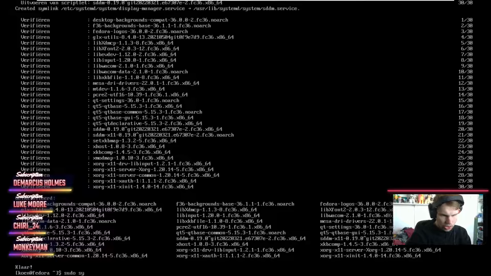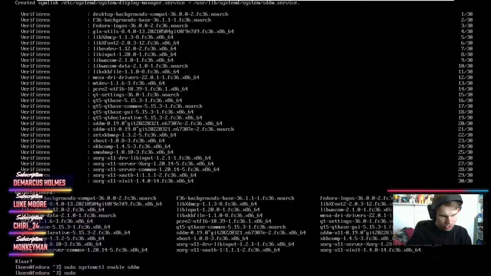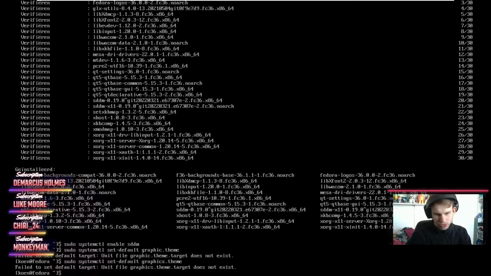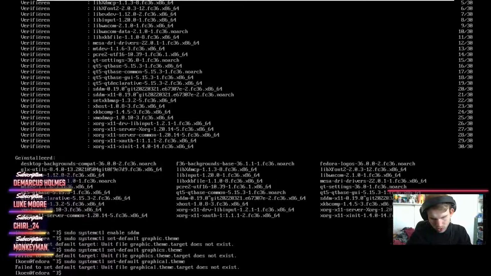Okay, now what we need to do is go systemctl enable sddm, and we need to do systemctl set-default, and then we need to do graphical target, I think it was. Okay, graphical. I need to look this up real quick. Where can I find it again?